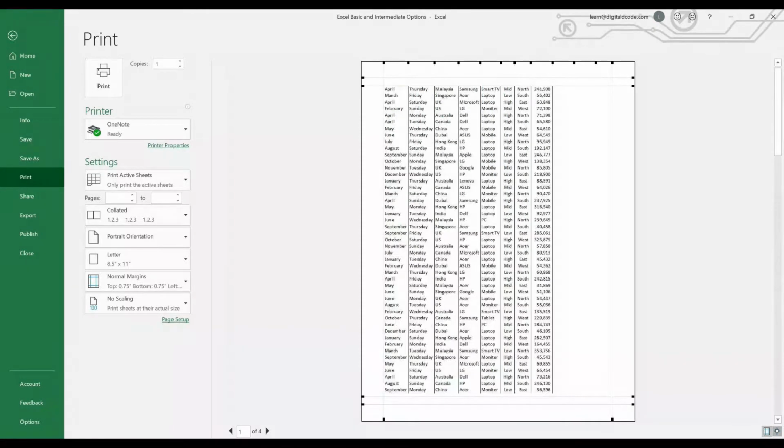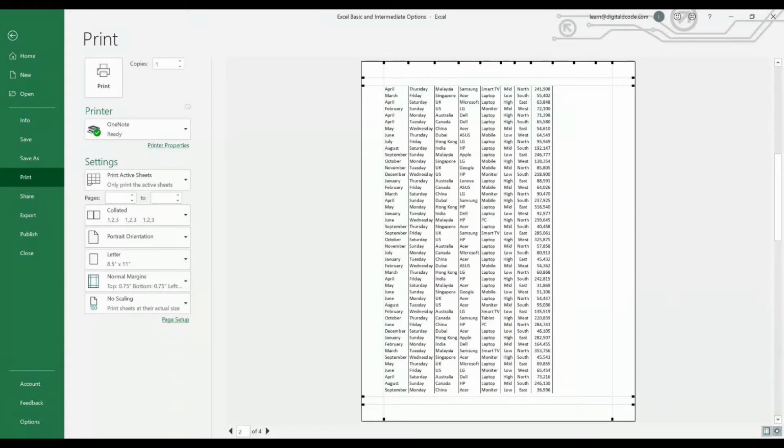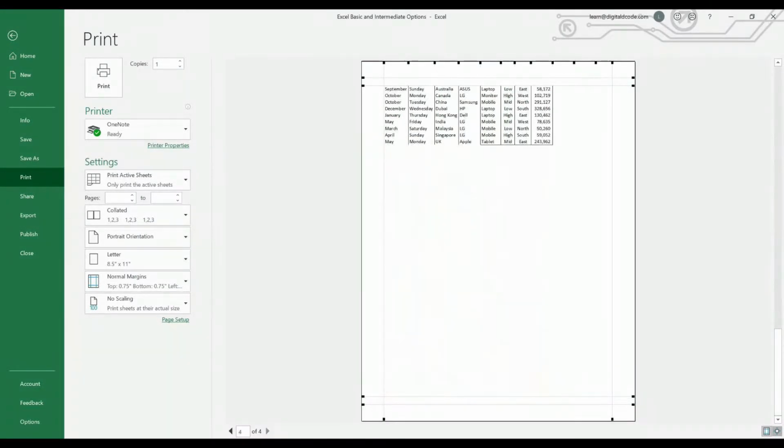If you notice another thing, now I have a header here. The header is reflecting only for the first page. I am in the first page, as you can see in the left bottom. If I move to the second page or third page, I can't see the header. In case I want the header on all the pages, because the data is going to remain the same, but I want to repeat the same header for all the pages.